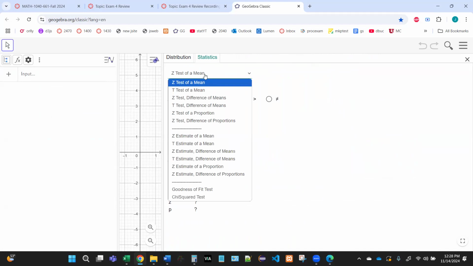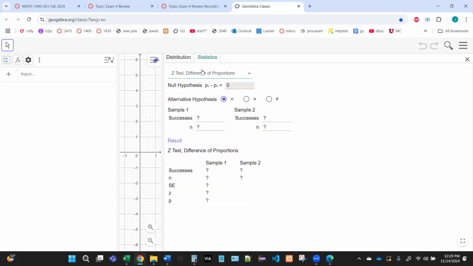So what is it that we're doing? Well, we're doing a hypothesis test. We're not doing an estimate. Estimates are confidence intervals, right? So we're up here, and then we think about the kind of data we have. These are categorical variables, which means we're looking at proportions, not means. So we're one of these two here, and because it's two different populations we're looking at, it's a difference of proportions. So the null is already set up as 0, right? The alternative is that the first group does better than the second group.